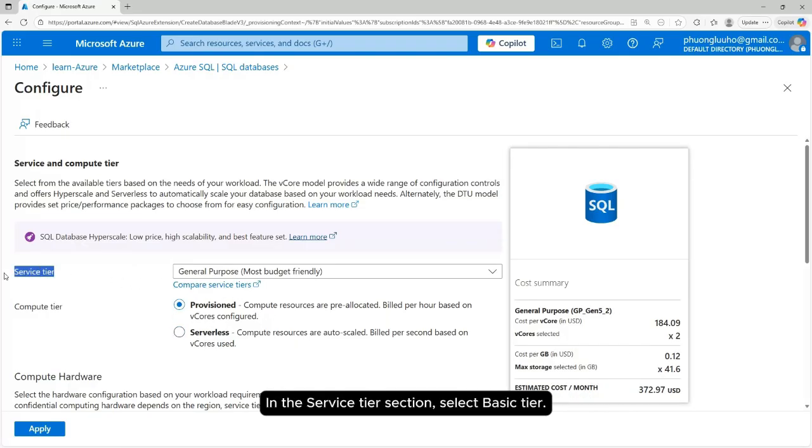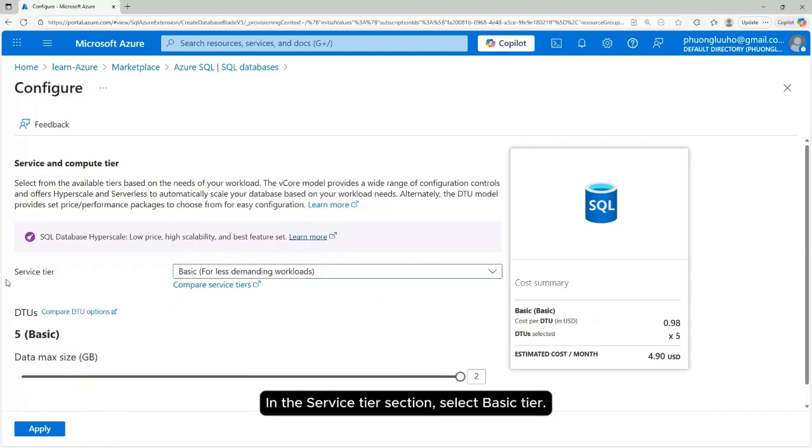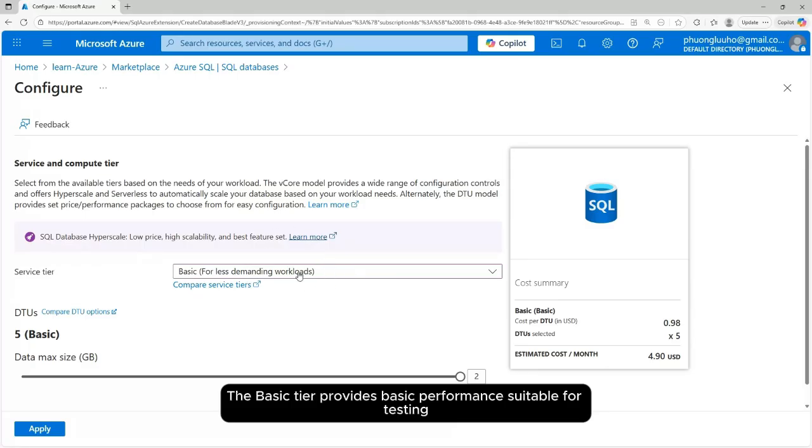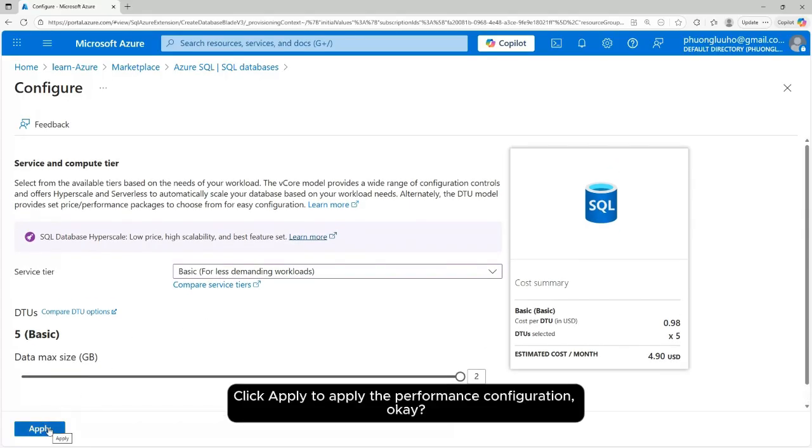In the service tier section, select basic tier. The basic tier provides basic performance suitable for testing or light workloads with the lowest cost. Click apply to apply the performance configuration. Okay.